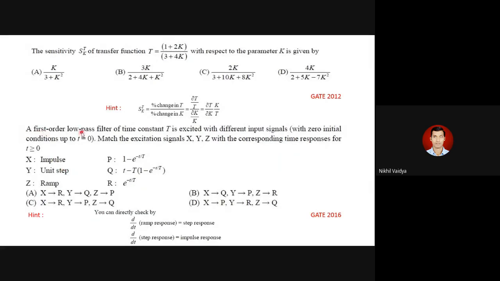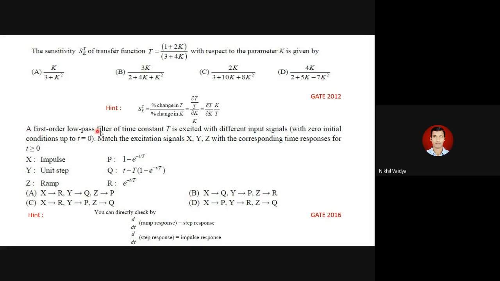See, the first order low pass filter. First order. In yesterday's session, we had not discussed what is order and what is type of the system. But generally, we say that the order and type are basically dependent on the number of poles and the highest power present in the denominator of the transfer function. That point is not necessary for the discussion of this question. I am just giving you the idea that there are types of systems and orders of systems.